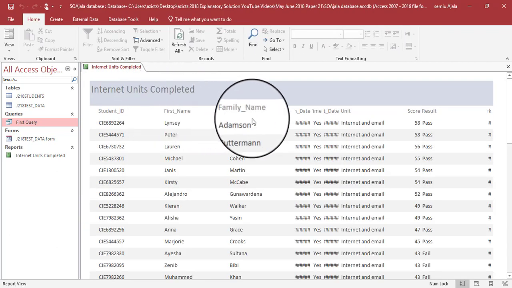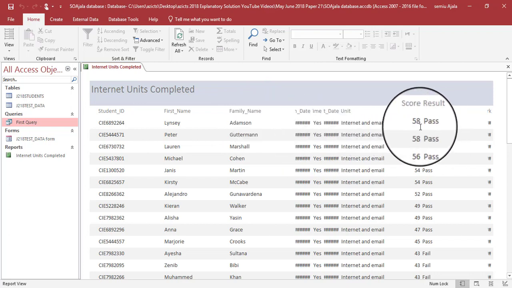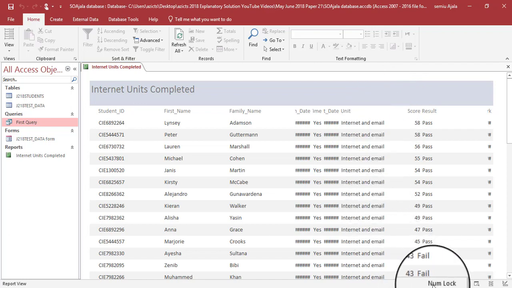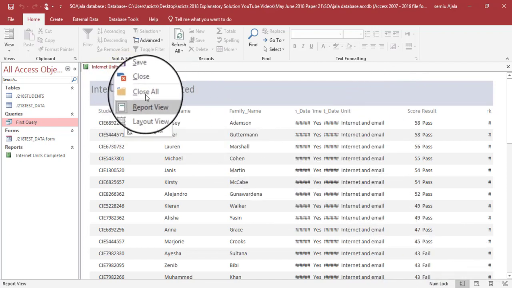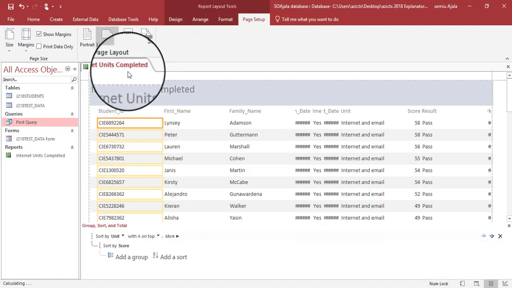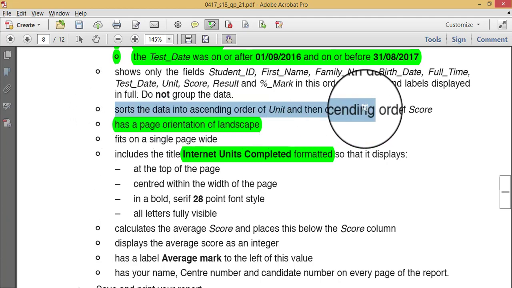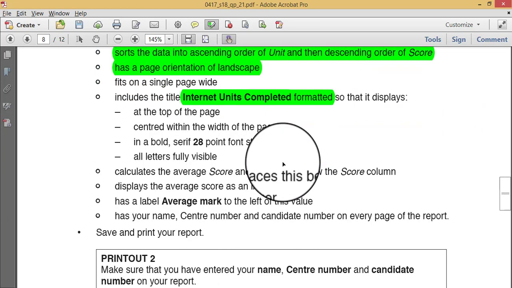Let's check that report view. You may not see it now. Let's continue. Then we will see that when we show all the views. Okay, we have done the ascending, descending, which you will see later. Fit on a single page wide. Okay, let's go to the